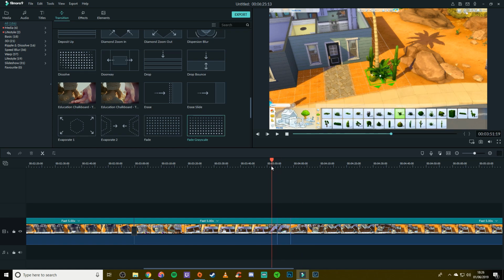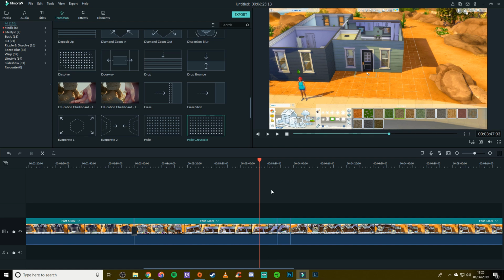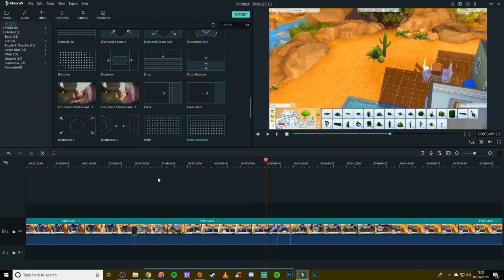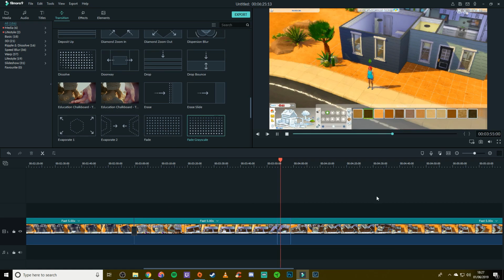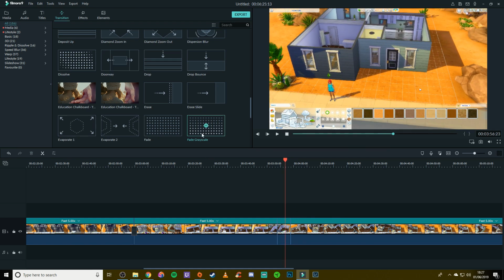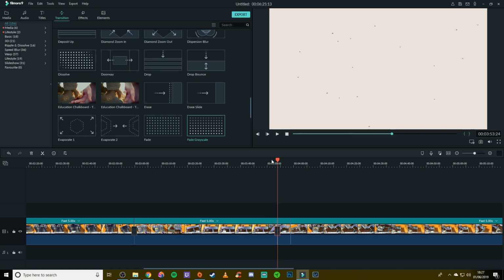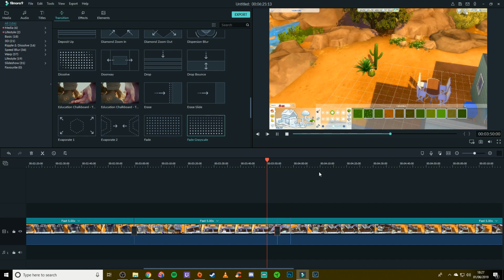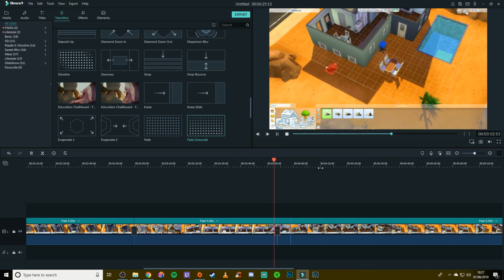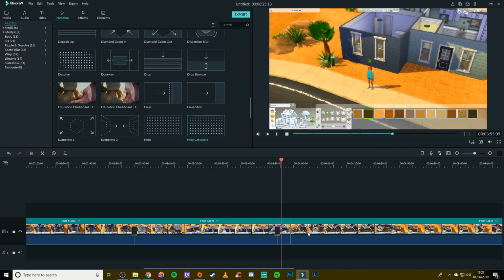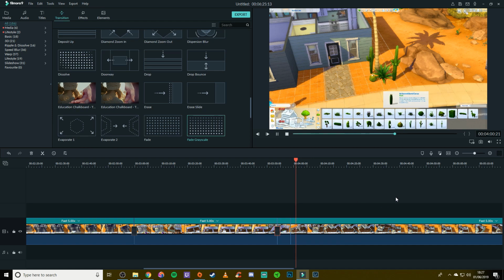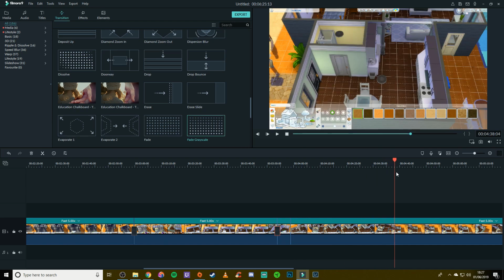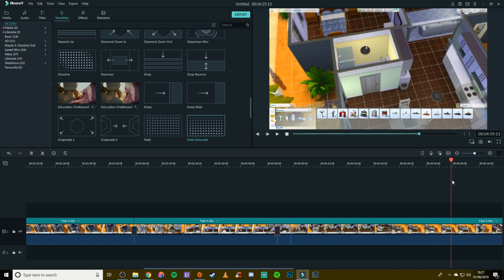So if I do have any cuts, I go back to before the cut and watch it through, just to make sure that it goes nicely, that it's not too jarring, that you can tell what's happening. I might actually put a transition in there, just because that one is quite different. So that makes it just a little bit easier to see what's going on. And then there's just more landscaping in this one. I'm just going to scrub forward and make sure there's nothing that I've